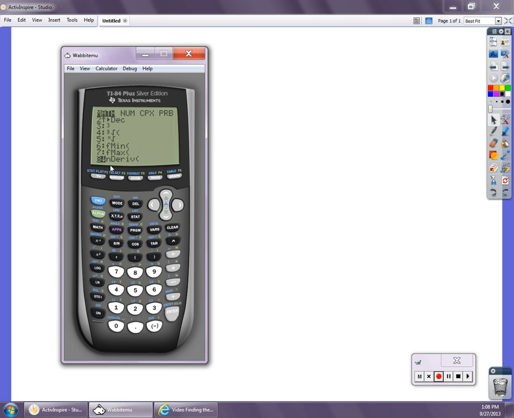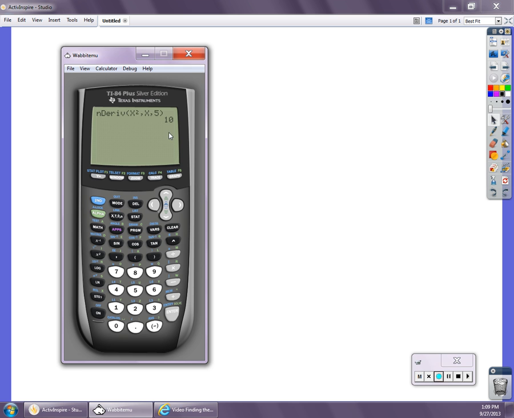In the older operating system, you'll see nDeriv, the eighth option down. You select that, put in your function. I'm going to use x squared as my function, and then use commas to separate your arguments. So comma, x is my variable, comma, and then tell it where you want it to find the derivative, which is at 5. And I hit enter, and you can see that the value of the derivative of x squared